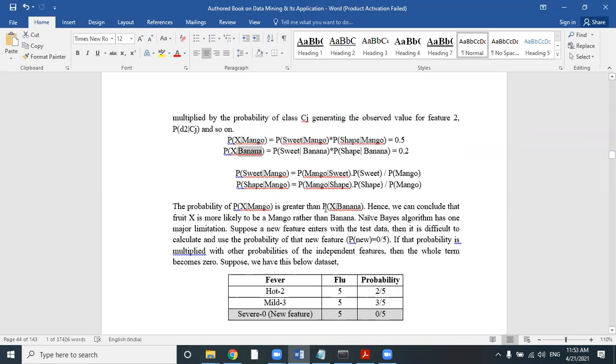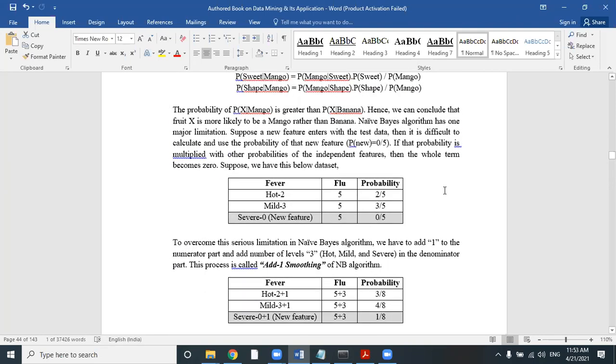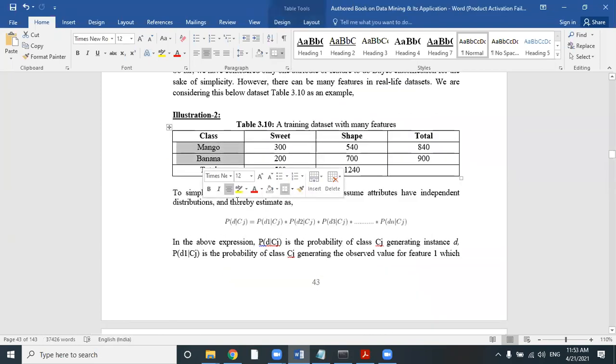Okay, is it clear? Does everyone understand? Sir, is this an example of supervised learning? Yes, supervised learning, because each and every time we are using the concept of class. We have these classes. In unsupervised learning, these classes should not be there. The classes will be absent in case of unsupervised learning. In case of supervised learning, only the classes.